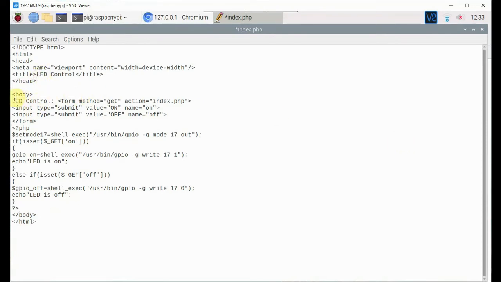I have created one form with two buttons. One is the on button, another one is the off button. In the PHP script, I am setting the BCM17 pin as an output pin. I have written PHP lines for checking whether the on button is pressed. If the on button is pressed,